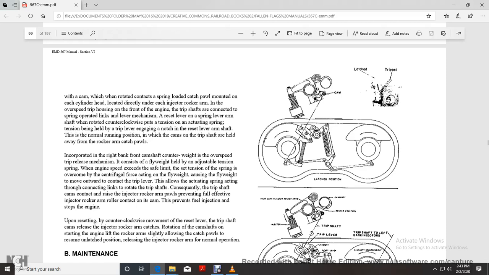Incorporated with the right bank camshaft counterweight is an overspeed trip with a flyweight with an adjustable tension spring. If the engine speed exceeds the safe limit set by the tension of the spring, the centrifugal force of the flyweight overcomes the spring, causing the flyweight to move outward and make contact with the trip lever, acting with the connection link to rotate